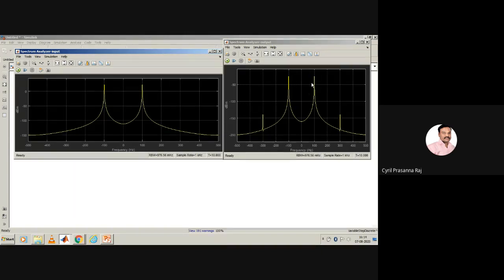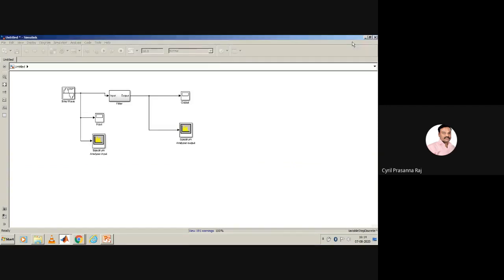There is a peak at 100, then a negative peak at minus 100, and also a peak at 300, but that one is at minus 150 dBm while this one is at 0 dB. That means this is very low strength and this is very high strength. So we can almost neglect this data, because in the input there is only one frequency, at 100 hertz.